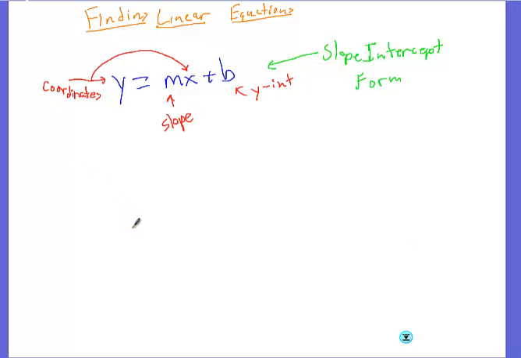Mr. Flores here, and this is the first video in a two-part segment that deals with finding linear equations. Basically, what we're going to be doing here is I'm going to be giving you two things. It could be a slope, it could be a y-intercept, it could be a point, it could be 2 points, and you're going to have to take those two things and give me the equation of a line that satisfies both requirements. But before we do that, we're just going to go back to our favorite equation of